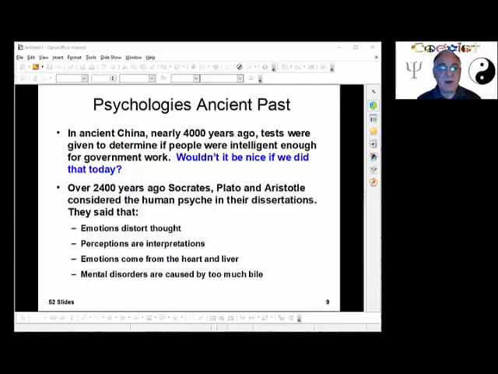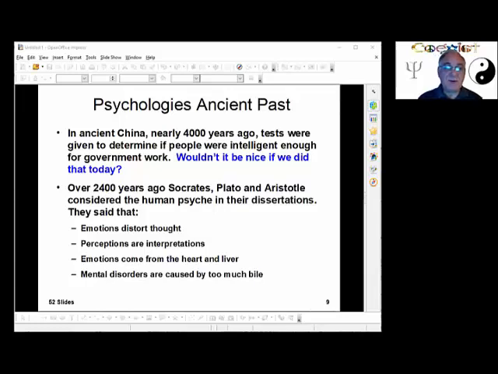They also said emotions come from the heart and the liver, and we know that no, that's not right. You can have a very, very horrible, nasty person who dies, and their heart is given to a person who's wonderful and loving, and that person doesn't become nasty because they got the heart of a nasty person. So emotions do not come from the heart and the liver. We actually know where in the brain emotions are from now, and we'll talk about the limbic system in the biology section.